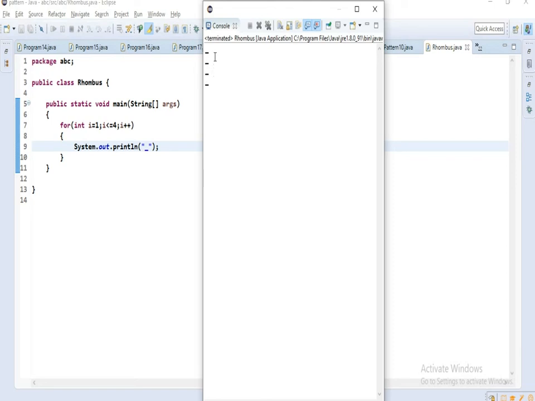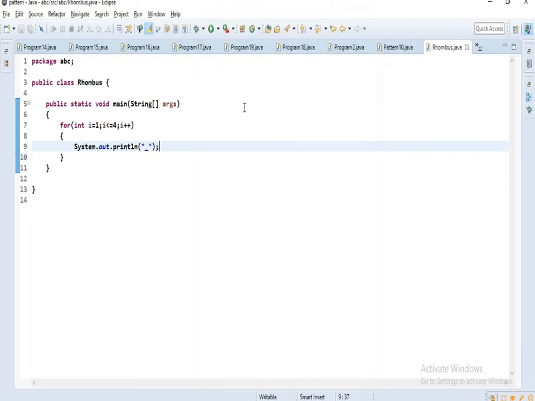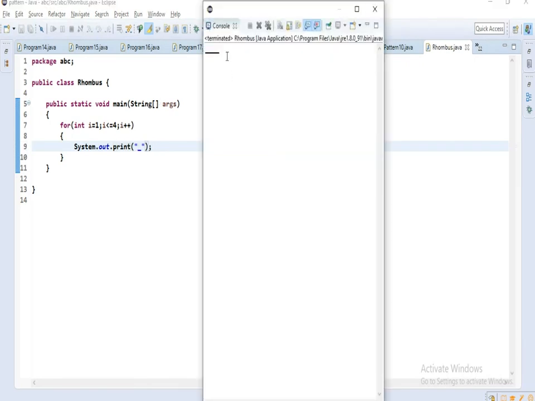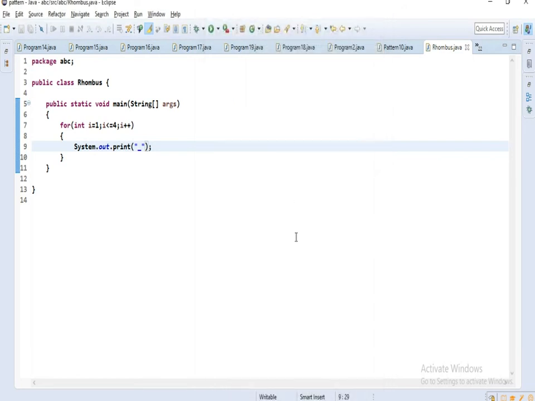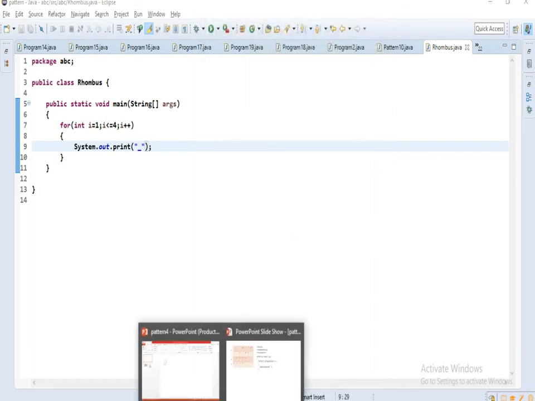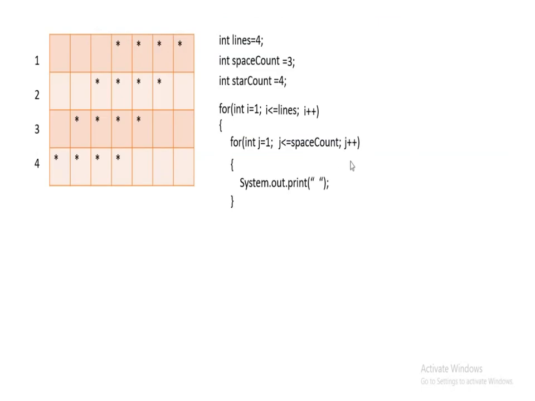We need underscores printed one after another. So take print. Now underscore is printed on the same line and one after another. So that's what we want. So take system.out.print. Then that is the loop.